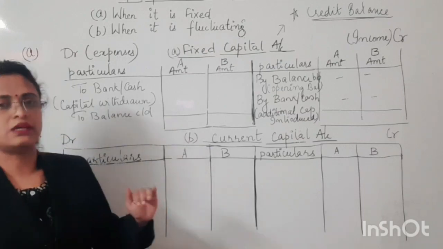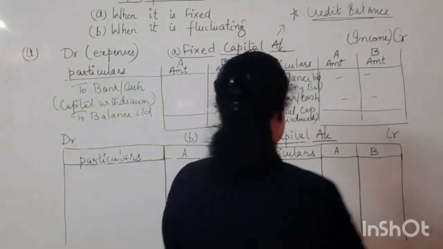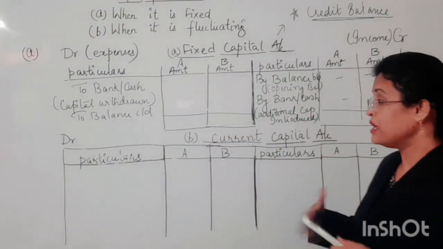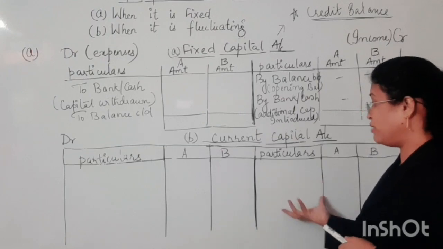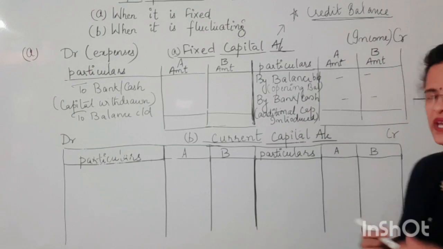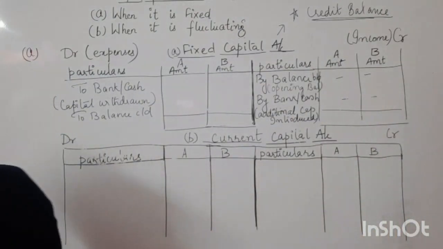So all those things we will be just showing there in case of the current capital account. So children, let us go through which all the items that we will be posting there in case of the current account. For this very purpose, we can use a small acronym.